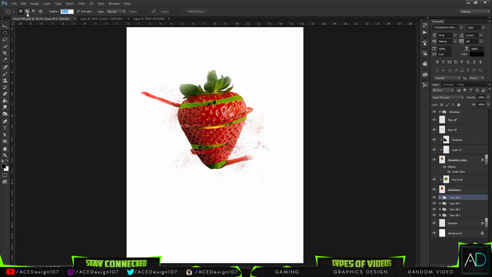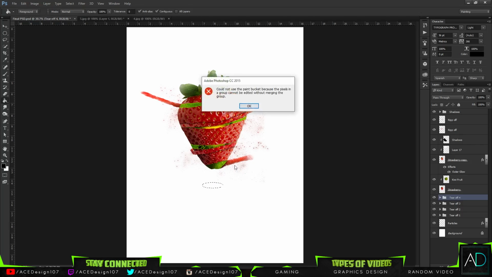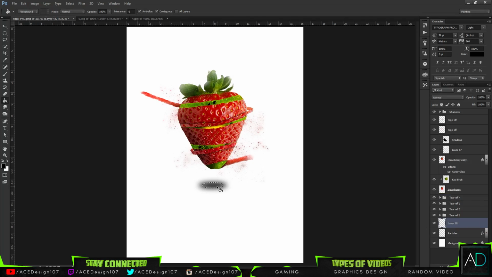Perfect. So let's do 32. And just fill this one in. Nope. Let's do 37. Yeah, that's not too bad, but we're going to do the second one on this separate layer and just change